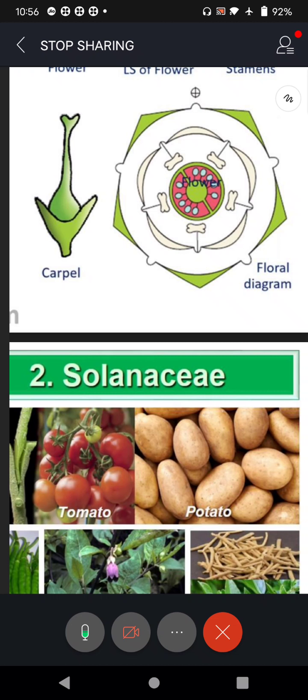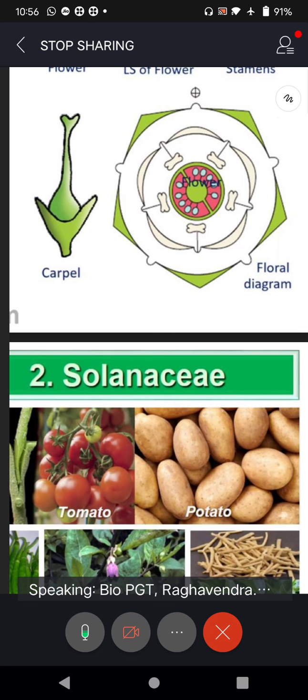Are they joined? Yes, sir, they are joined. And how many are they? 1, 2, 3, 4, 5. So we are writing capital C with 5, and we are putting it within bracket. Then comes androecium. How many stamens? 5. Where are they? They are attached to the petals. That's why we have put the bridge. I hope you are convinced now why we are putting that A and C connecting with the bridge.